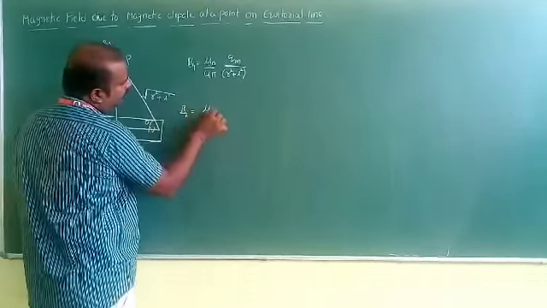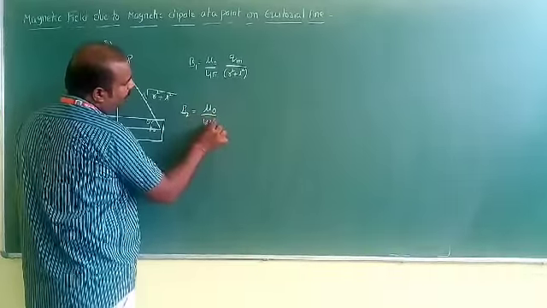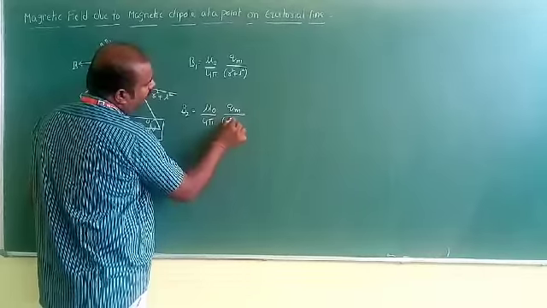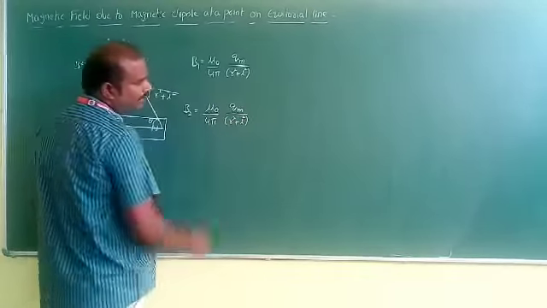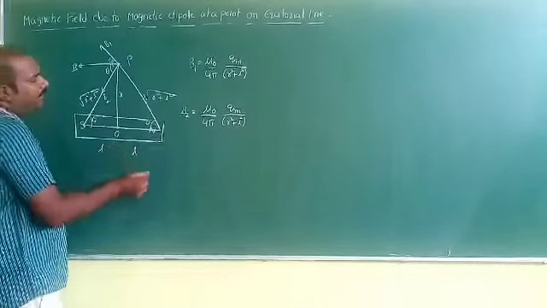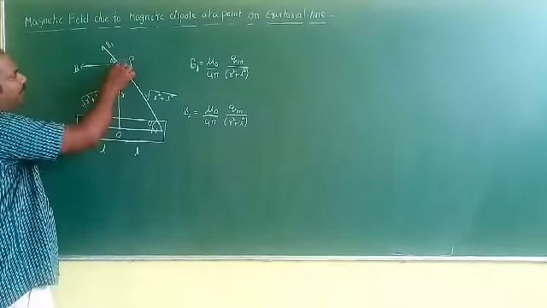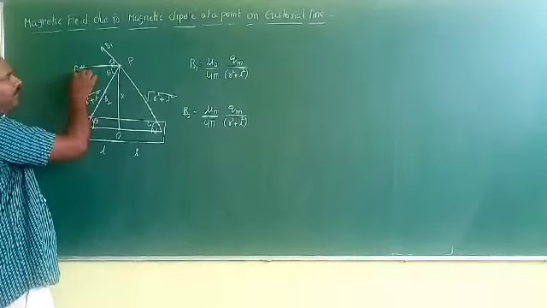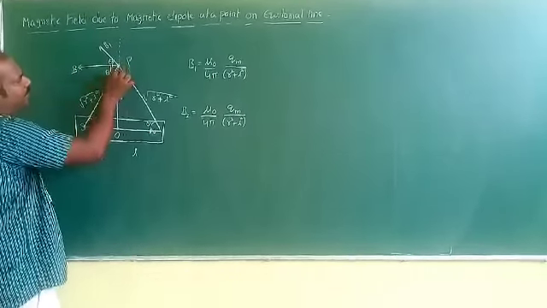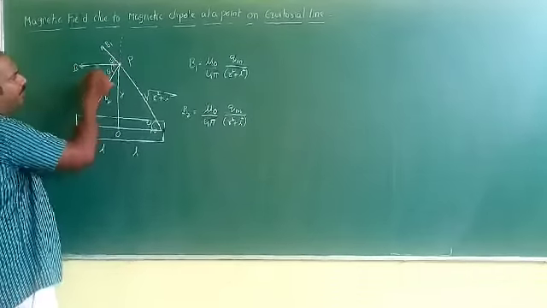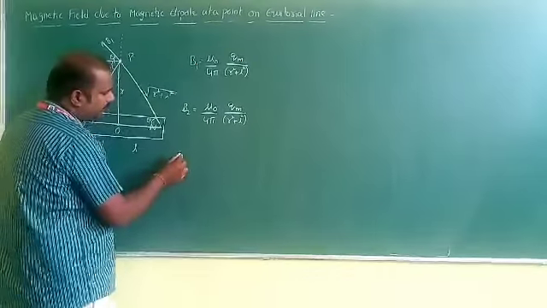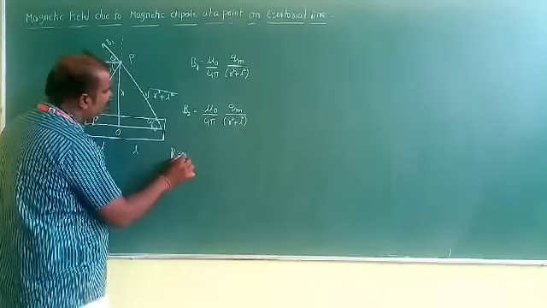B2 is also the same: mu naught by 4 pi, Qm by r square plus L square. Later, the net magnetic field at point P is B. If I resolve this into components, this is the vertical component, and this is the horizontal component, that is B1 cos theta and B2 cos theta. Now the net magnetic field at point P is given as B is equal to